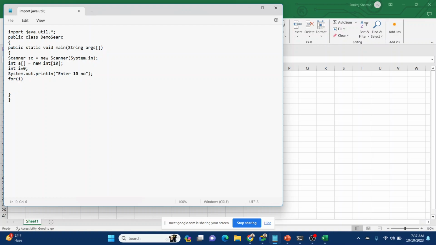In the for loop we initialize the value, semicolon, condition, and i plus plus. So a[i] is equal to sc.nextInt. With this loop we are able to scan 10 numbers. Now we will give the user another instruction: enter a number to search.